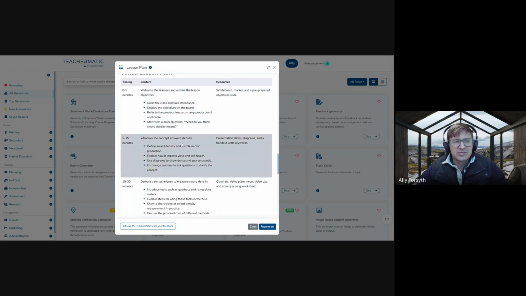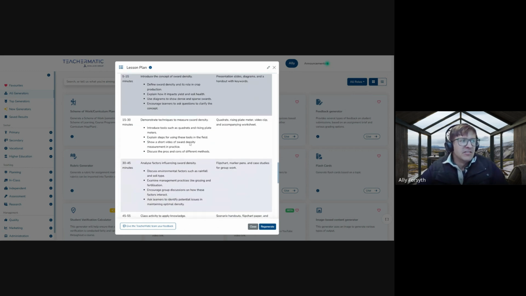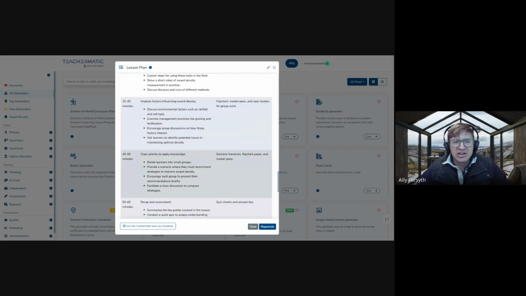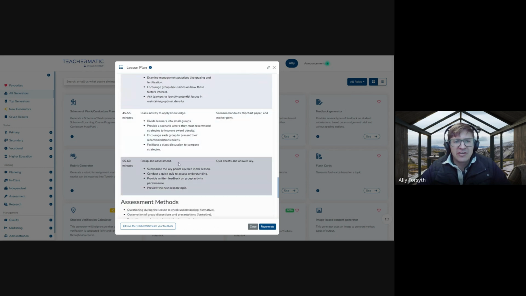So it tells you what's going to happen in the first 5 minutes and then the next 10 minutes. So introduce the concept. So once you've done your registers, introduce the concept of sward density. Then you can demonstrate techniques to measure sward density, and analyze different factors for another 15 minutes, then 10 minutes, so an activity to apply the knowledge. So yet again, it's asking you to divide the learners into small groups. So they're going to be working in teams, which is promoting teamwork. And then for the last 5 minutes, you've got a recap